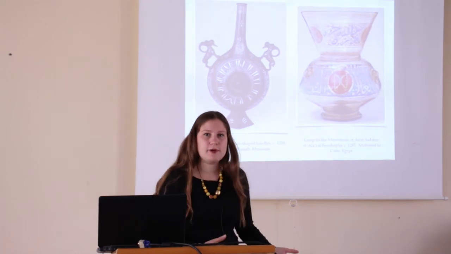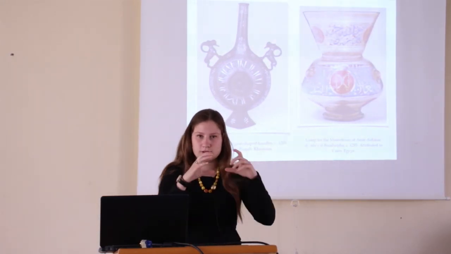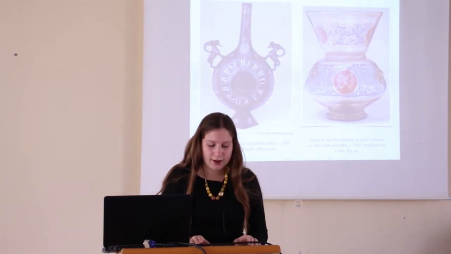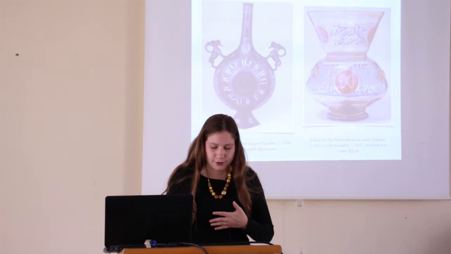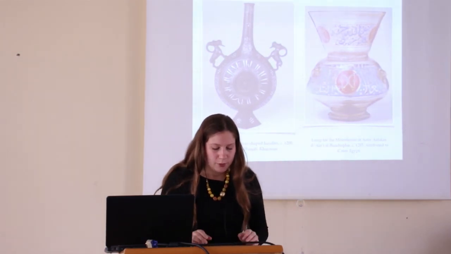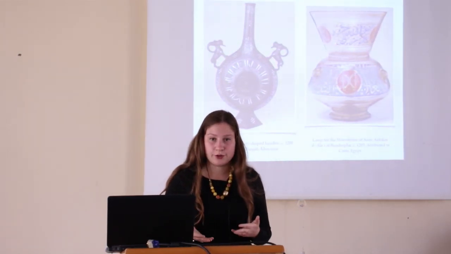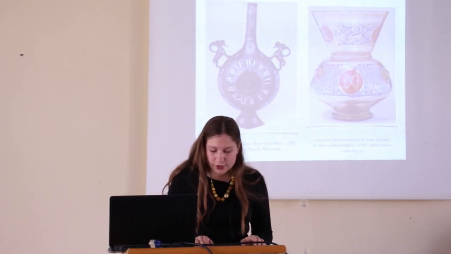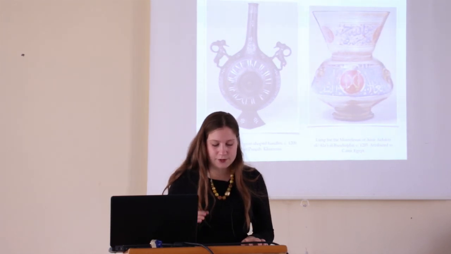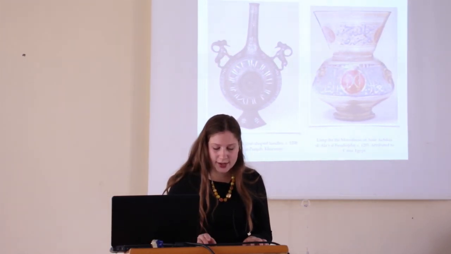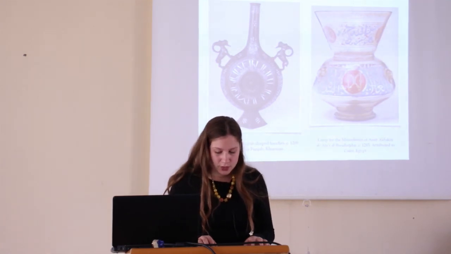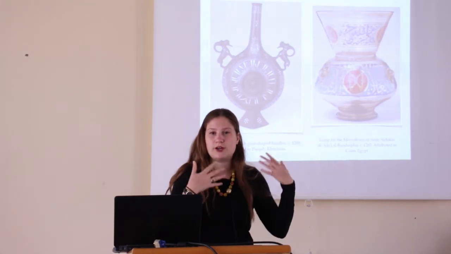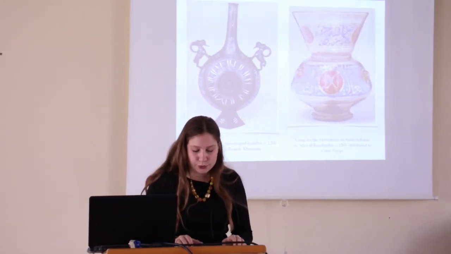Then this shape was used throughout the Mediterranean and Middle East during ancient times, and at the dawn of Islam, it was used in the Mediterranean, further east into Asia for practical purposes, but it was later transformed into an object for decorative purposes, which we see here on the left. However, it was artisans in Syria and Egypt who were the first to perfect the art of applying gilt and enamel decoration to glassware. So although this shape was already there, it was transformed into an object of decoration through this